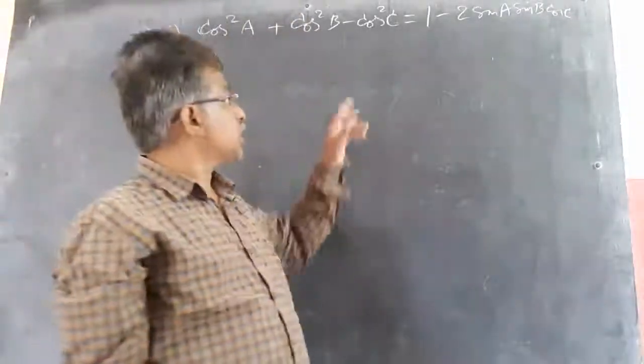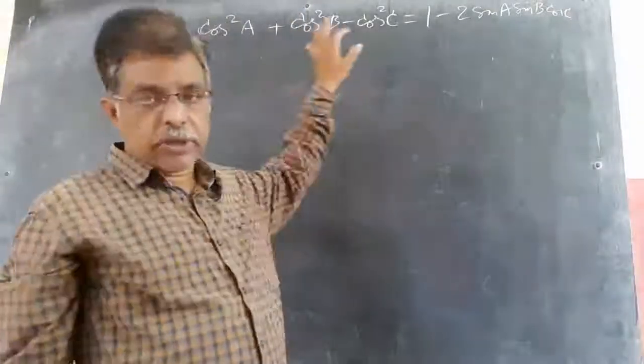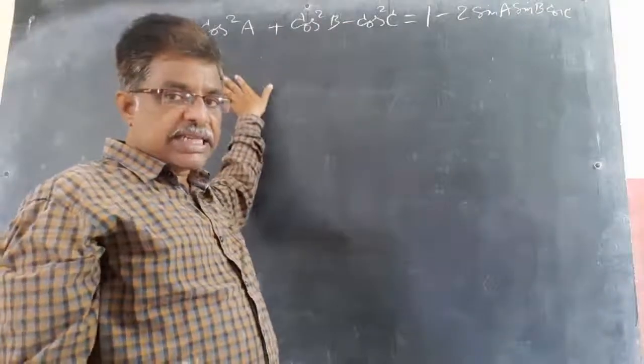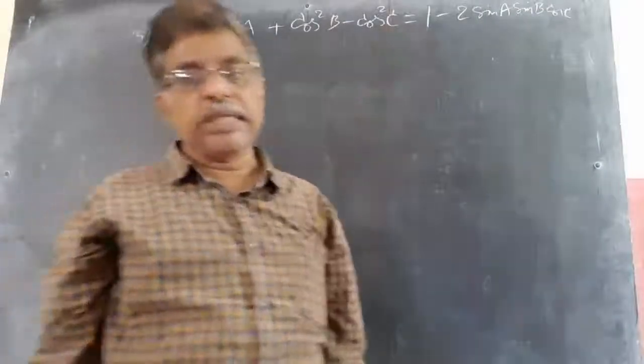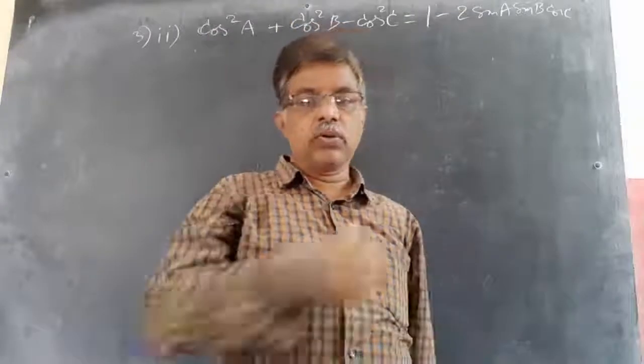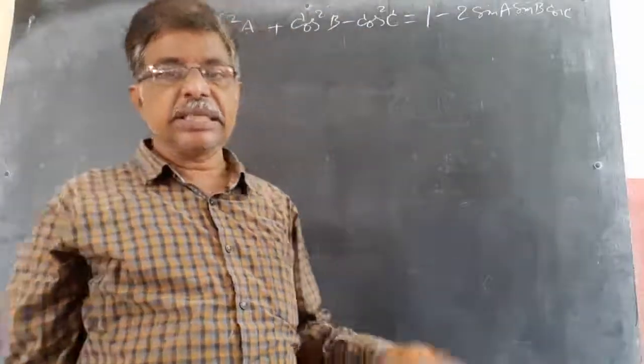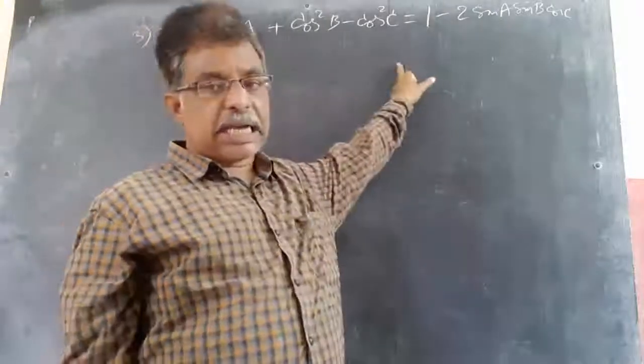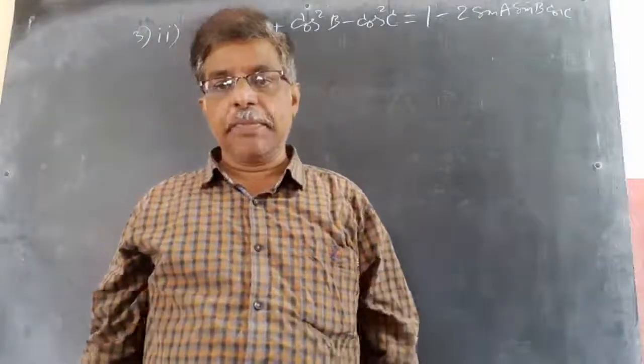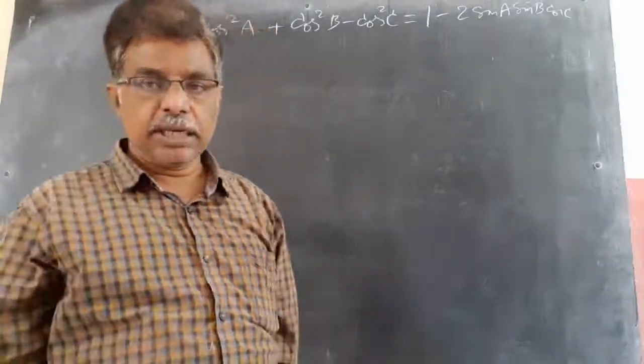You know that there are two methods of doing this sum. One is cos square theta, you can write as 1 plus cos 2 theta by 2, then converting into the previous sum, same sum, then you can do that. The other way is the cos square a minus cos square b formula, you know, sin a plus b into sin a minus b. Using that you can do.